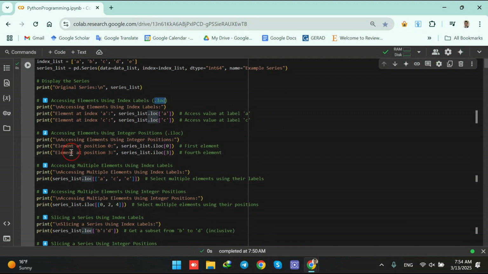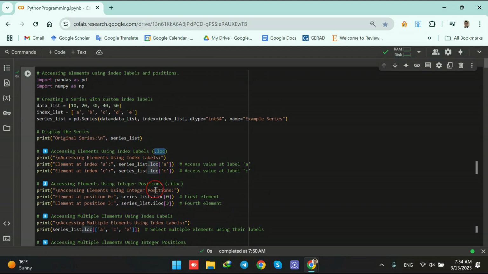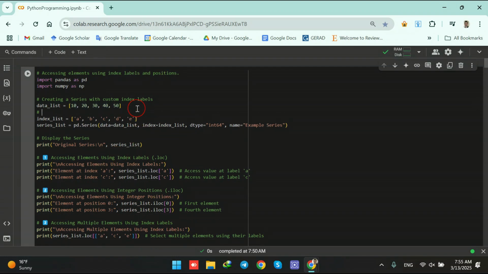Then it's also possible to access elements using integer positions. So here we see that in order to access the first element, we write down the name of the series dot iloc, and in square brackets we are having the position, or let's say the index, of that element. So here this is index 0, index 1, index 2, index 3, and index 4. We are having it here,